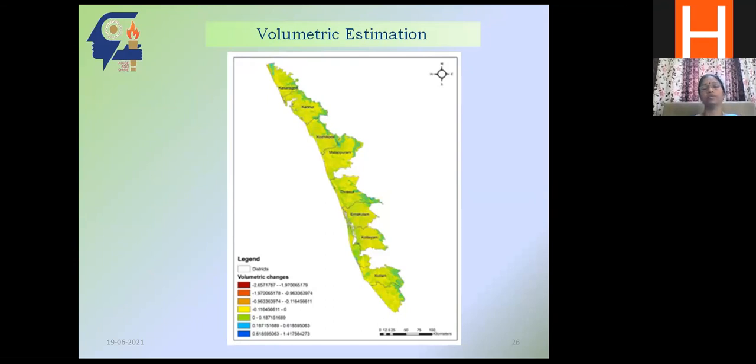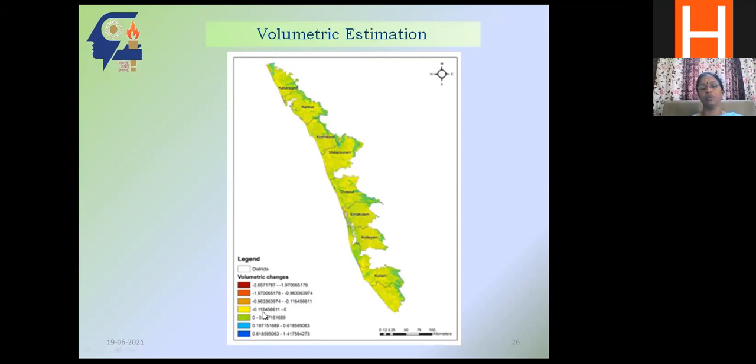So here what we did is we took the digital elevation model of that particular area. Digital elevation model means for every particular point, the raster cell will have an elevation value. Okay, so based on this, we took the profile of this particular area, for example, this is Malappuram district. We took the profile for the period of 1990 and 1970. Okay, so if there is an accretion, the profile would be increasing. So we calculated the volume, the profile minus DEM, like that. Okay, that gave us the volumetric changes. So you can see the volumetric changes here.